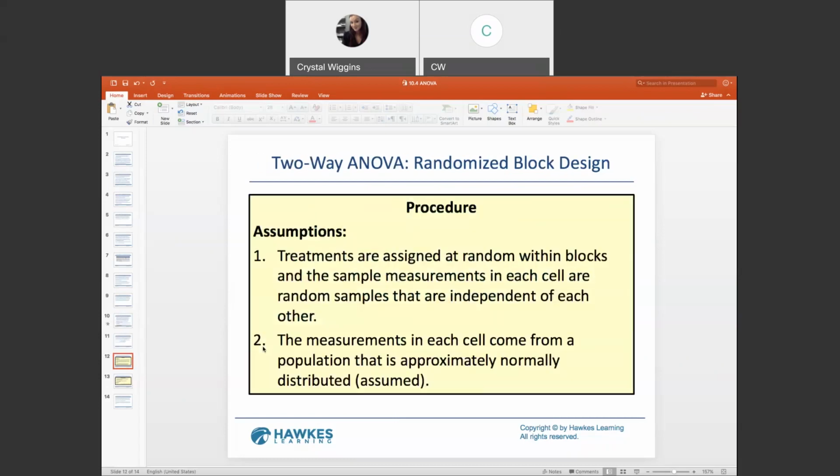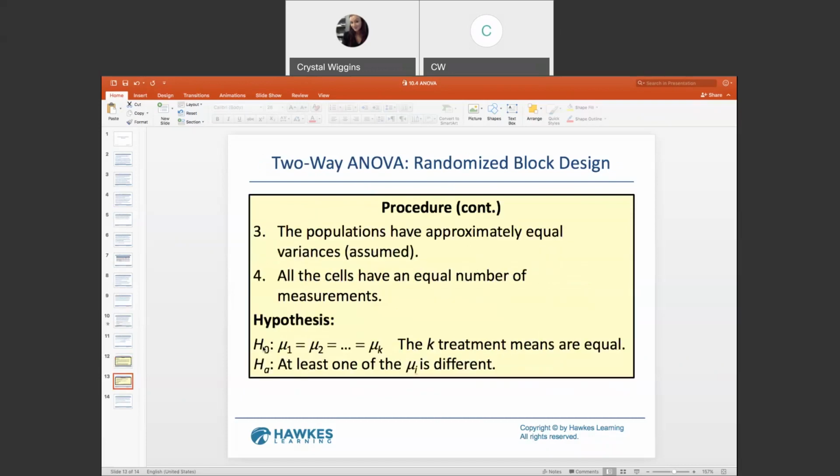So the assumptions: treatments are assigned at random within blocks, and the sample measurements in each cell are random samples that are independent of each other. The measurements in each cell come from a population normally distributed, which we had to assume. The variances are approximately equal, which we had to assume. And all the cells have equal number of measurements. We know that one. So now let's jump to,